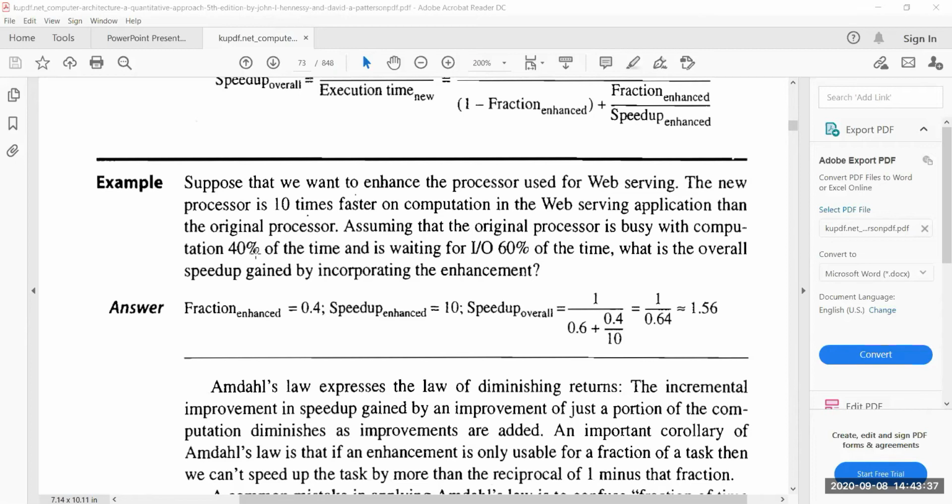So we can apply the enhancement only when the system is in computation mode but not in waiting mode. So only 40% of the time can you apply this enhancement mode. So the fraction enhanced will be, from the total time, 40%. So 40 by 100 will be 0.4, and the speedup that you have gained is 10. So your overall speedup, if you look here,